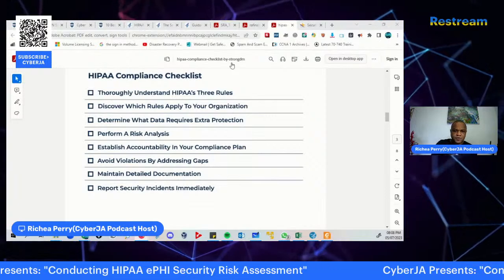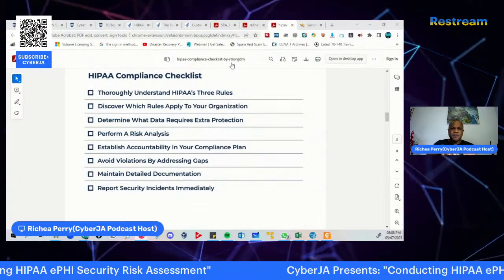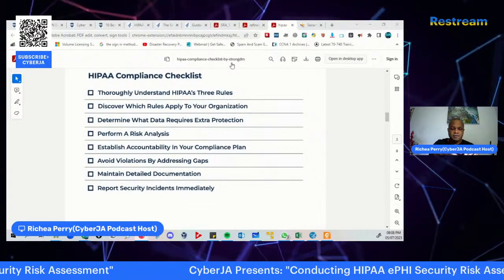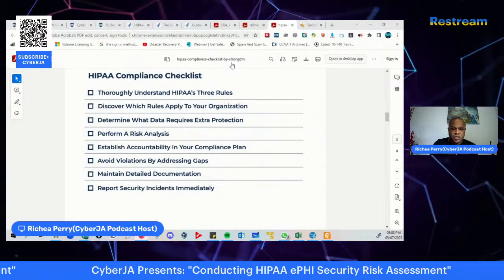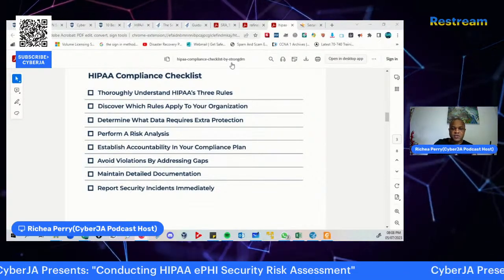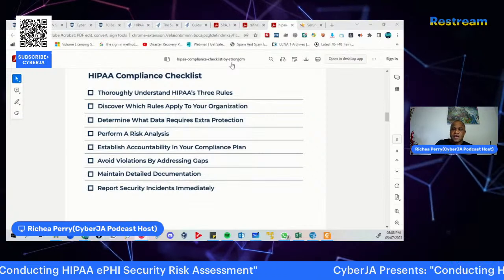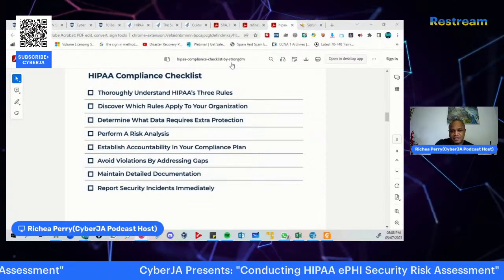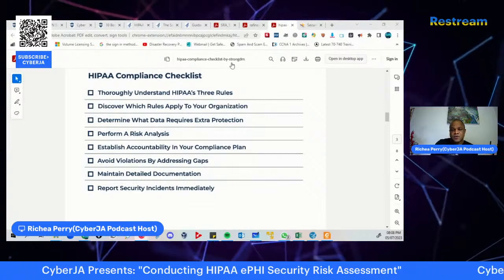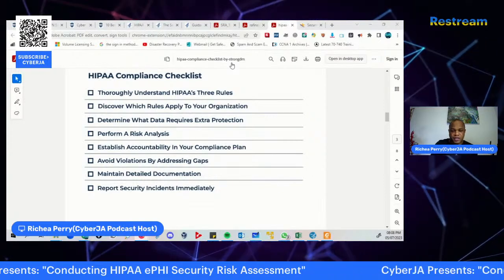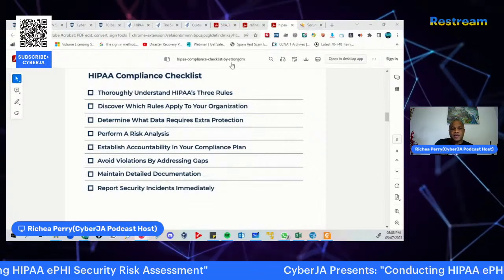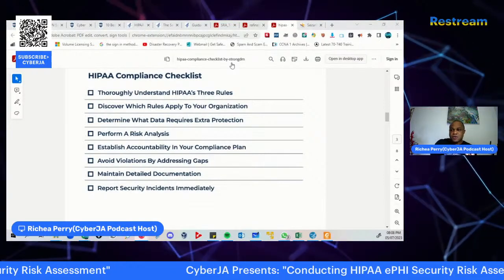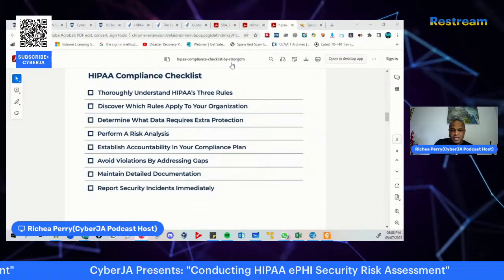So, guys, as I said before, you will not be able to use this information as is to go into an organization to execute compliance or to implement this standard in and of itself. But this is just to create an awareness so that you're at least able to execute this particular risk assessment.